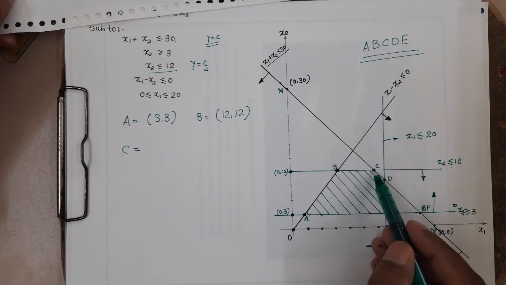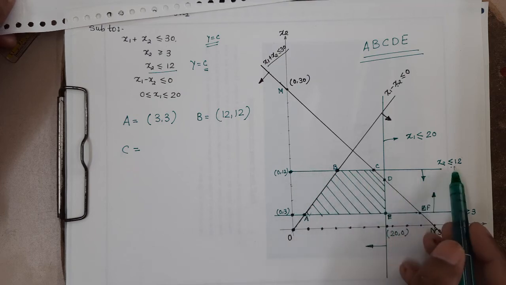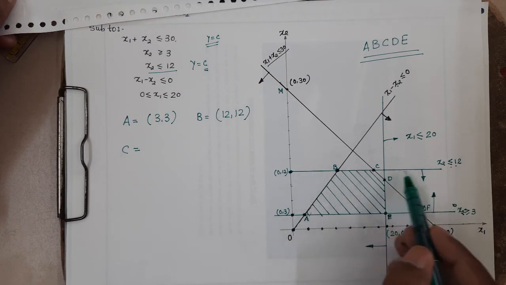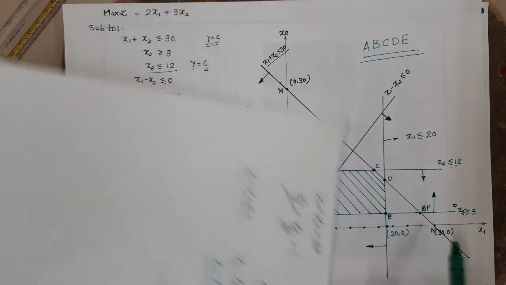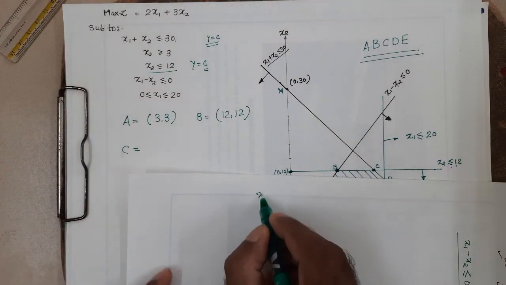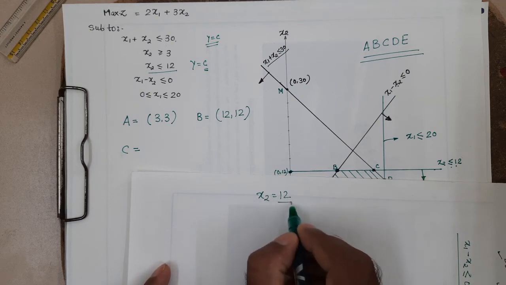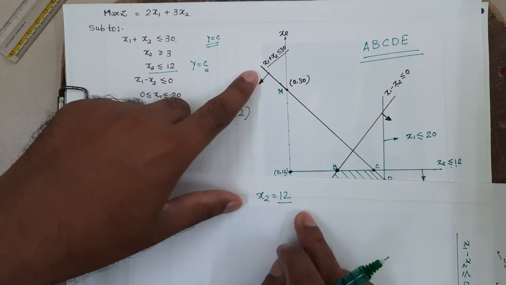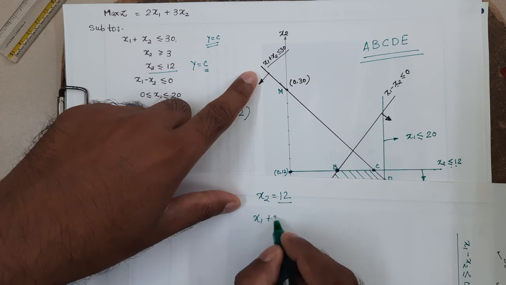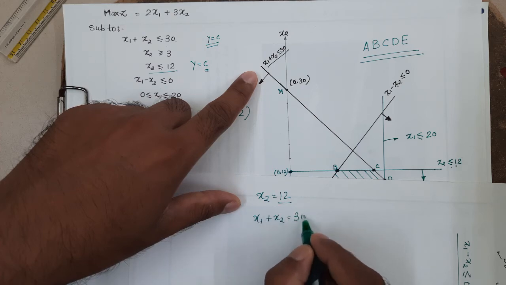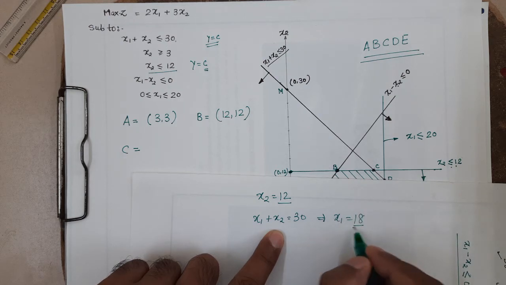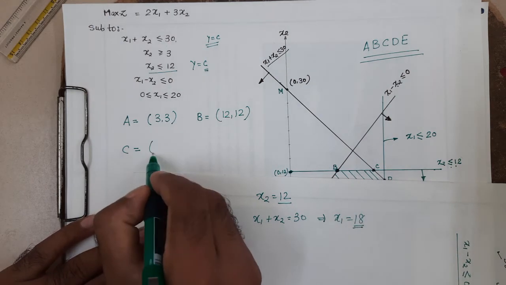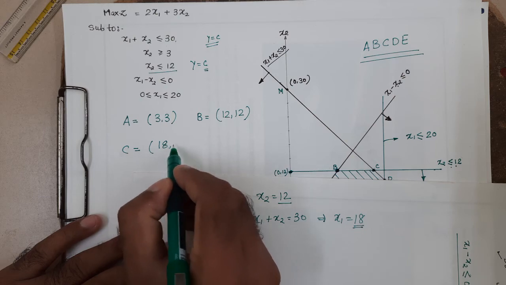तो C समवेयर हियर. इट इज़ ऑन दिस x2 इज इक्वल टू 12 और ये ब्लैक लाइन पे है. सो फ्रॉम हियर आई कैन फाइंड x1, x2 तो ऑलरेडी 12 है, और इसकी वैल्यू उठा के इस इक्वेशन में रखते हैं. सो व्हाट इज़ दैट? x1 प्लस x2 इज इक्वल टू 30. So if you place x2 is equal to 12, you get x1 is equal to 18. That means point C is 18,12.